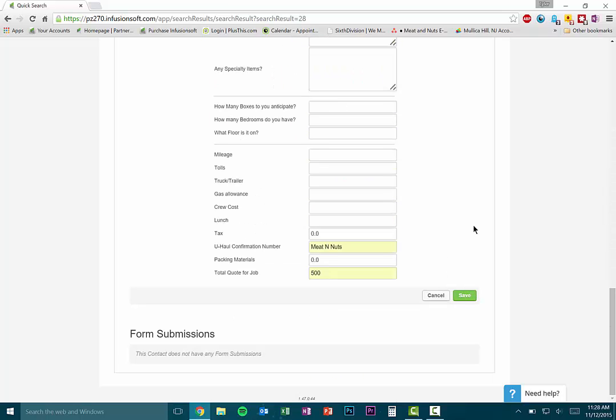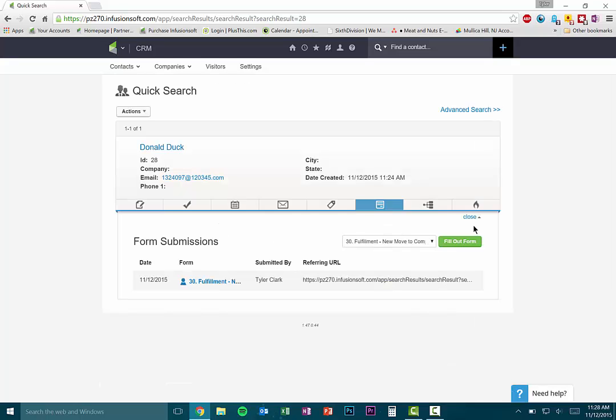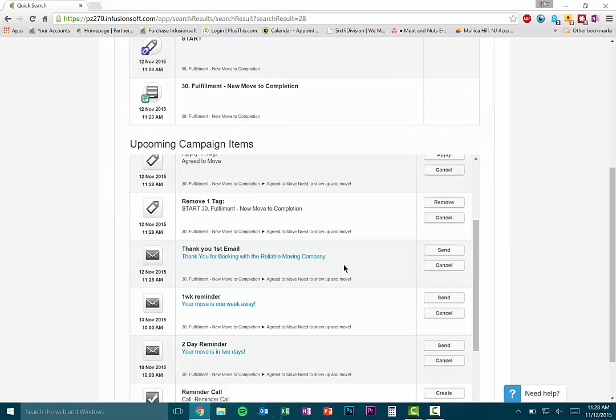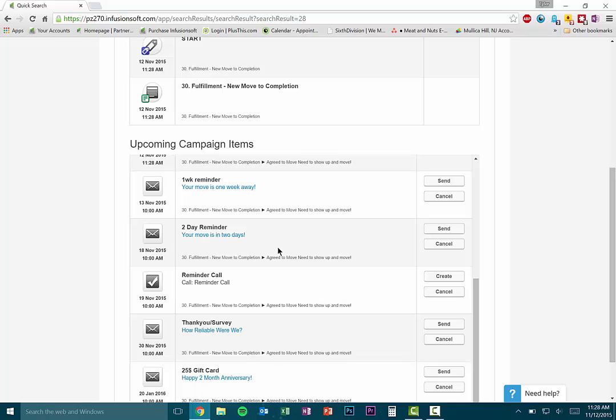Okay, so we're going to save it. And what happens is once you've saved this form and they agree to the move, you're going to be able to recognize that they have some automation coming up for them. We're going to send out the email thanking them for booking with you. We're then going to send out a 1-week reminder, a 2-day reminder, and you're also going to get a reminder call on your My Day for a task